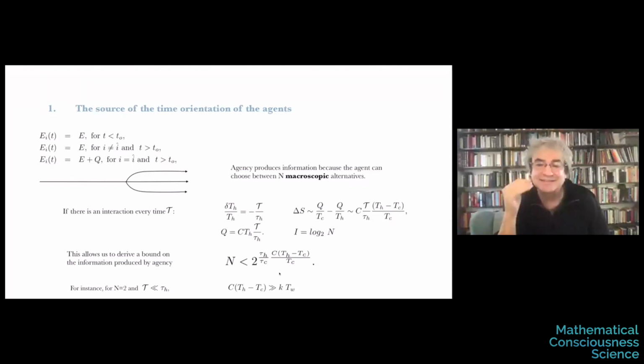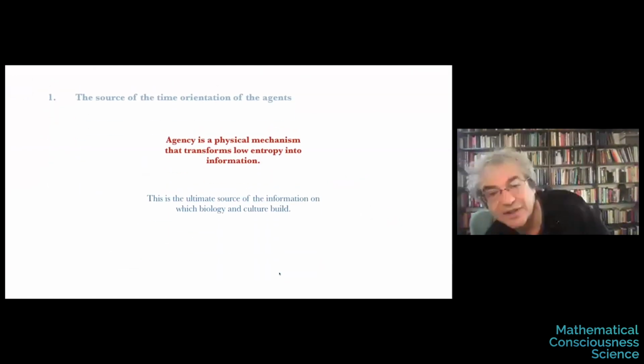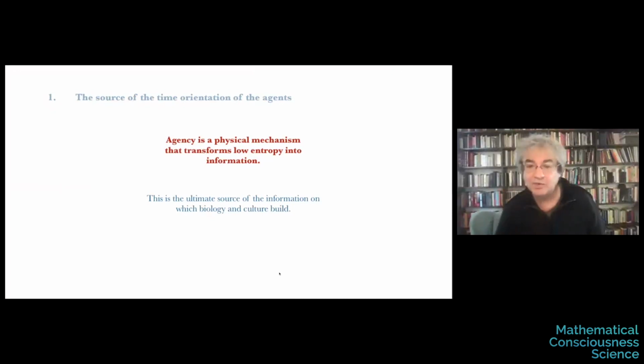If not this idea, which I find fantastic, that the information generated by choosing by the agent is exactly the eating up of the negative information, of the information which is in negative entropy. So from a physicist's perspective, we understand exactly what is going on when there is a choice. Agency is a physical mechanism that transforms low entropy into information. And this opened the door to say, well, easy. Biology is all about information. Culture is about information. Me talking to you is about information right now. Where does this information come from? It all comes from the low entropy, the free energy that feeds these